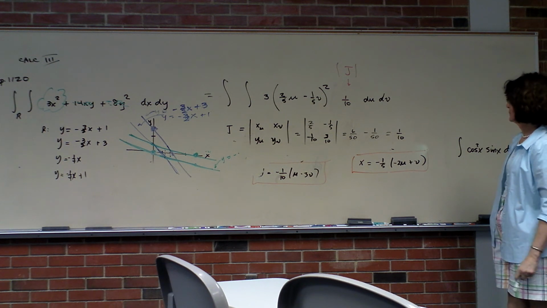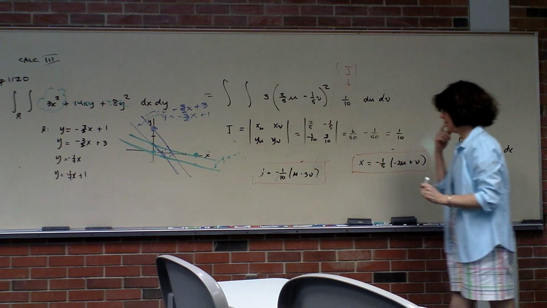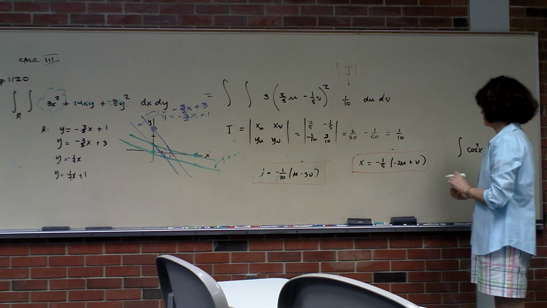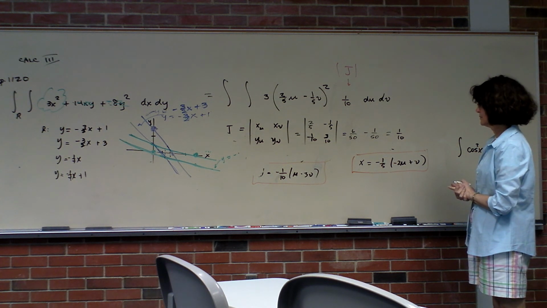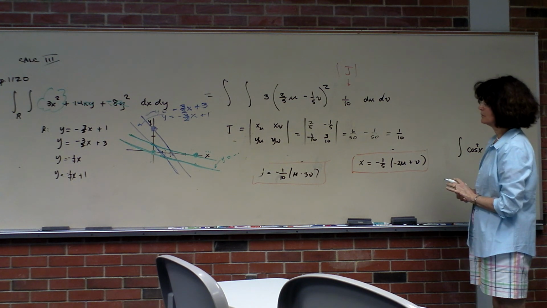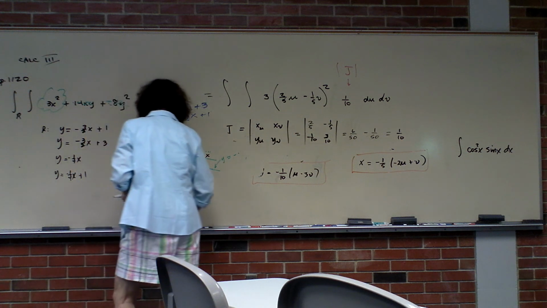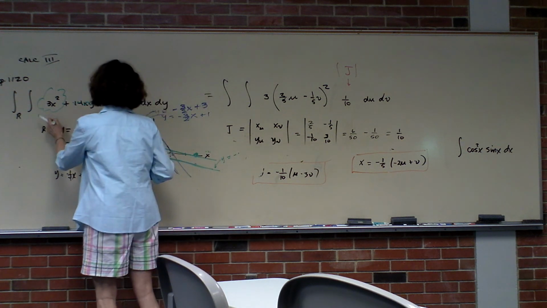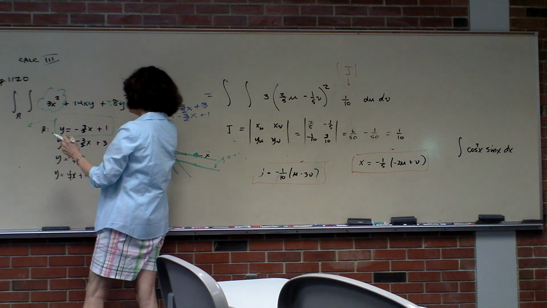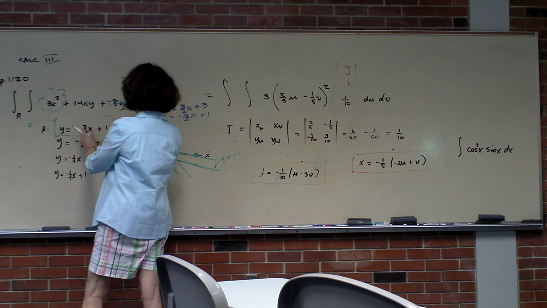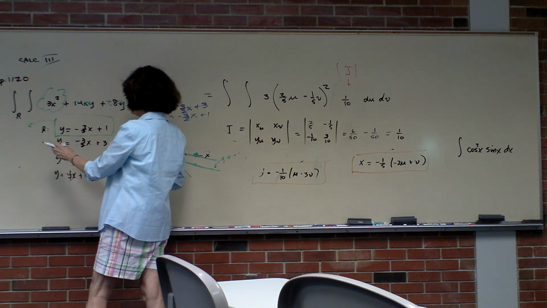Okay. We need to put U limits and V limits on this integral, and then we'll be done with the transformation. Look at this. If we multiply everything by 2 and move this x term over here, we're going to see 3x plus 2y equals